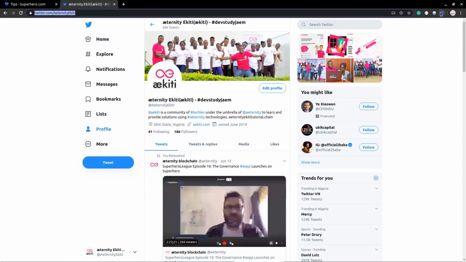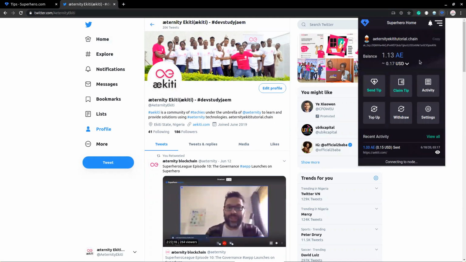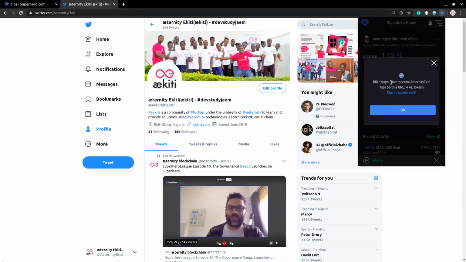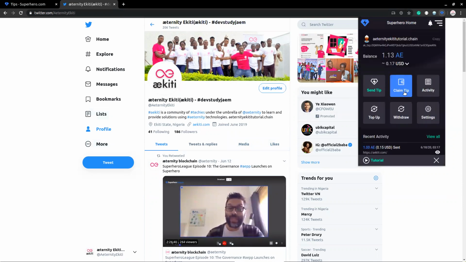To do that, I will head back to this page, and as you can see, our balance here is still 1.13. So I'm going to say claim tip. Since it has recognized the URL, I'm going to click confirm. As you can see now, the given URL tip of this URL, claim request sent. So we've requested to claim this URL now because we have the chain name on our URL now. That's how easy it is for you to claim your tip if you receive a tip from